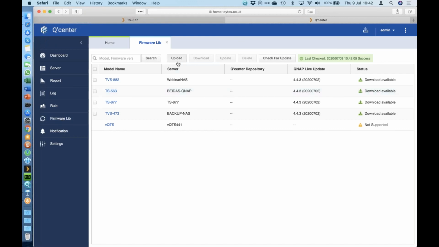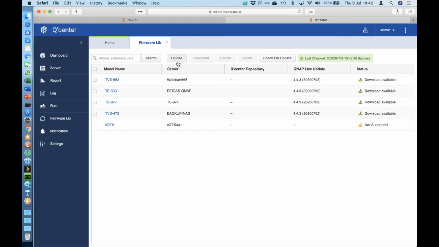So if there's one that's not on our auto update structure, but perhaps this file is available from technical support for a specific feature that you wanted or a specific test that's being done, you can upload a firmware file into here and then push it out from your main QCenter to all the different NAS. Our firmware files are usually between 100, 150 megabytes. If you had 100 NAS, that's a lot of downloading for them to all go pull it from the internet themselves. If you uploaded it into here, you can pull